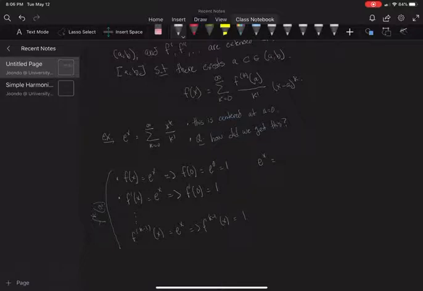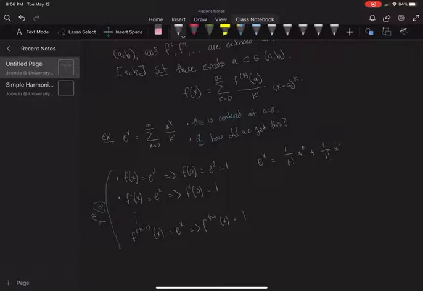Here we plug in 1. We start from 0, so it's 1 over 0 factorial, x to the 0, plus, this is the first derivative, so 1 over 1 factorial times x to the first power,